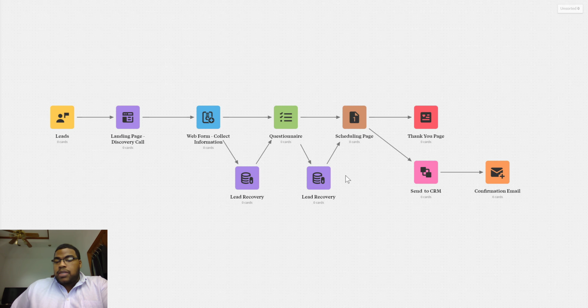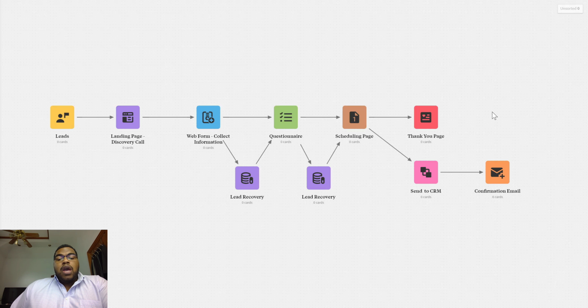Now, you could put some sequences in here. If they don't do that stage within a certain time in one of these recovery campaigns, you can put some automation that sets some type of task or email reminder for you to say, hey, this person's not taking the automated reminders. Maybe you want to go ahead and reach out to them. Even if you did that, that's one time to contact them, where the automation took care of the other 20